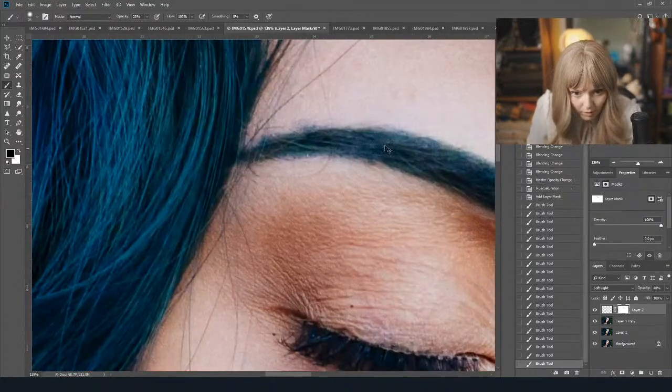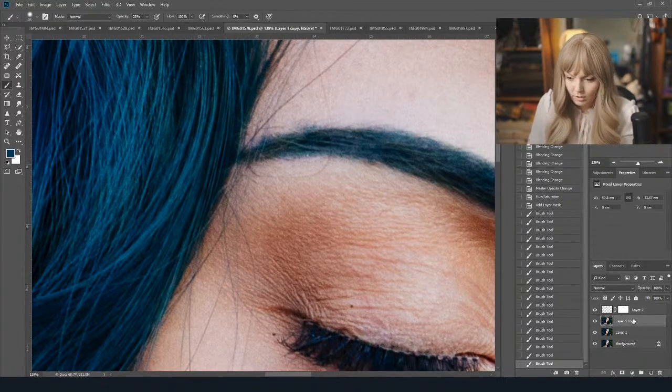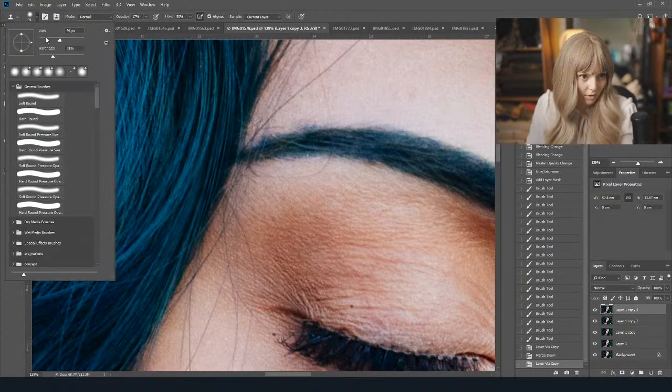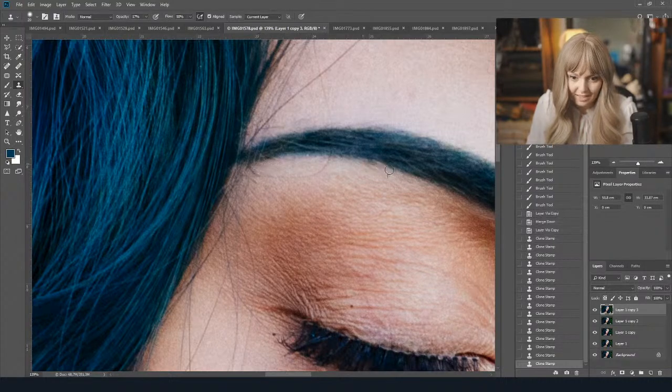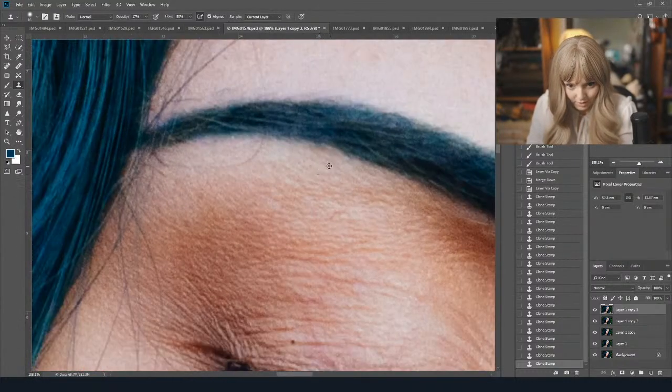And here I have weird eyebrows. Oh, this is this one. So I'm just going to take this down here. I'm going to clean up the rest of my eyebrows just like this. And usually when I'm editing, I take a long time to do it, so I'm just fast tracking through all of these. So don't judge me on